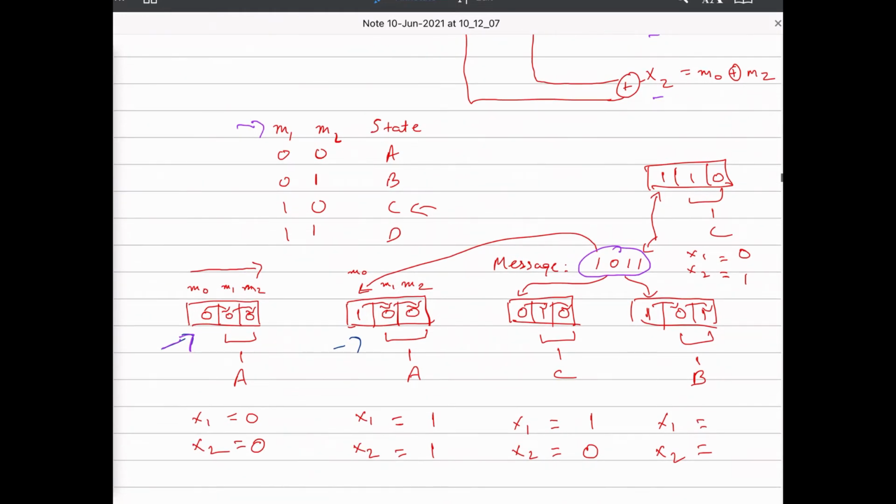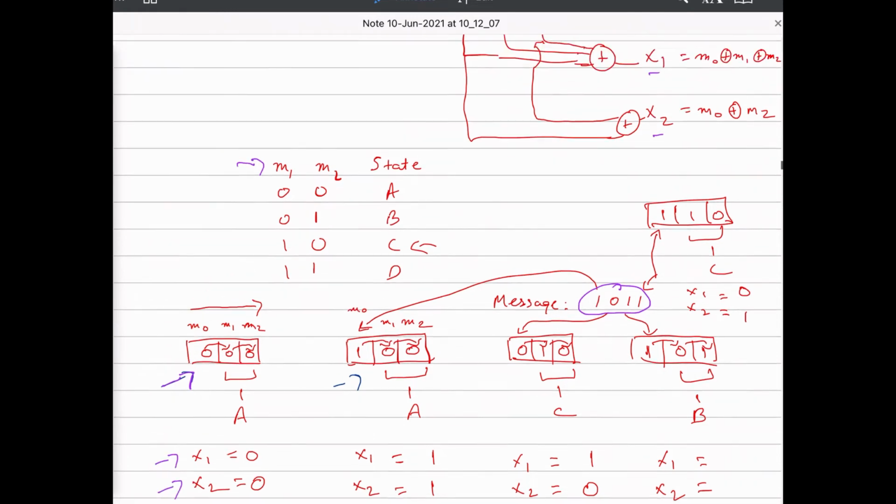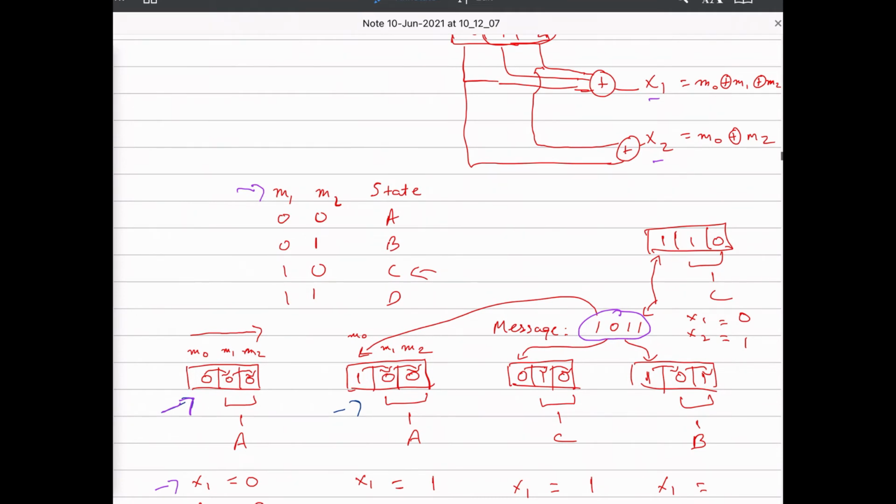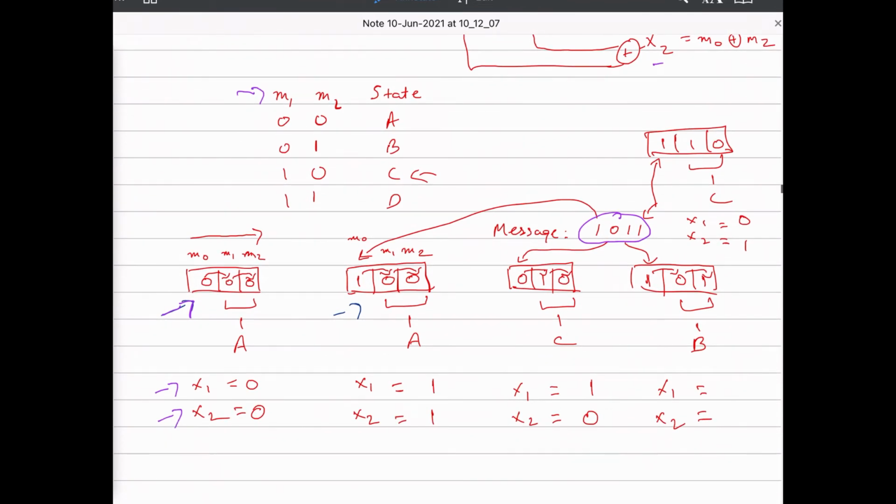If I look at the initial step once again, everything is 0. We can easily calculate the values of x1 and x2 simply from the expressions given for x1 and x2. We can also look at the state of the system. m1 and m2 provide the state of the system. Here m1 and m2 are 0, so the state of the system is a. Now the first bit of the message stream, which is 1, we are going to input to the shift register.